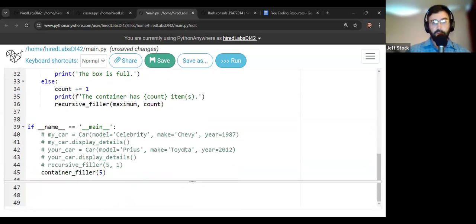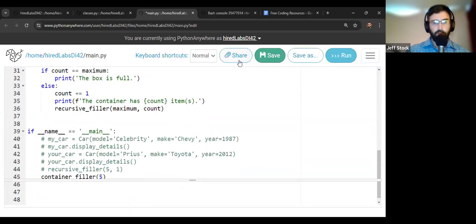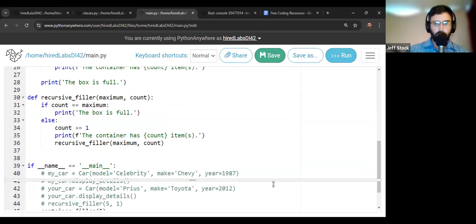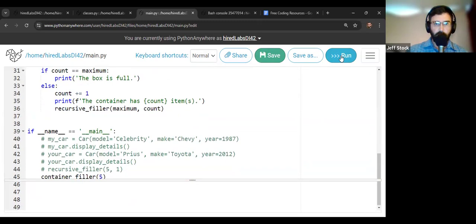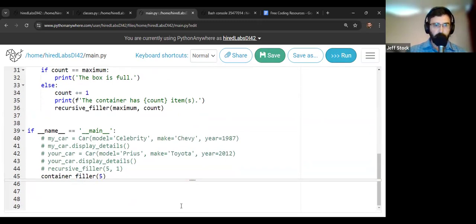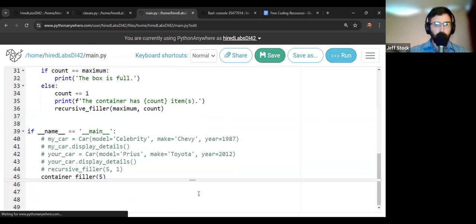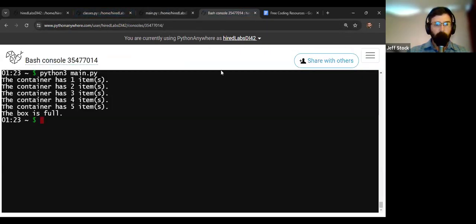I'm going to run this directly in here by hitting save up here and then run, the big blue button. It's going to open a console. If you've already got several consoles open and you're past your limit, it may stop you. This may not have wanted to either. All right, never mind then. Let's go back to our bash console and run it there. I don't know why PythonAnywhere didn't want us to do that, but we'll run it here.